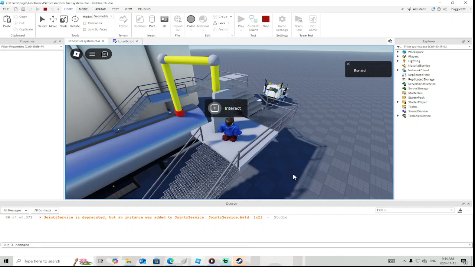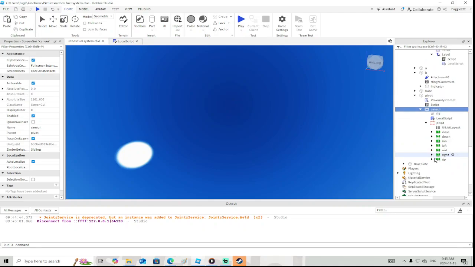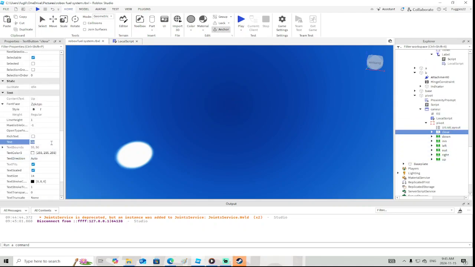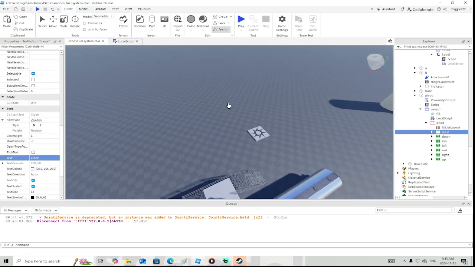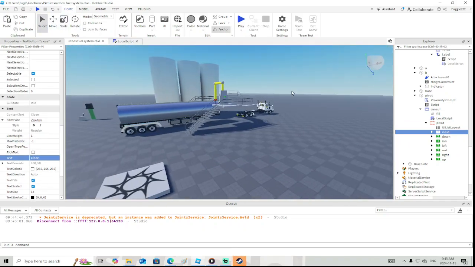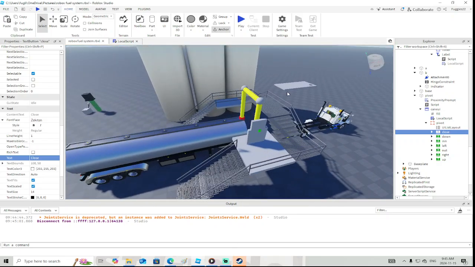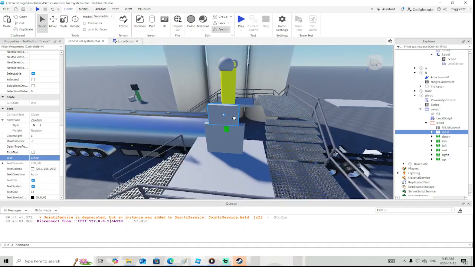Yes, see that? Now we're able to get the UI over and over and over again. Oh, I love it. It's nice because none of this existed, right? None of this existed. I had to make it and then add the code to make it work. So that's the fun thing about Roblox, is not only are you building something, do you get to 3D model something, but then we also